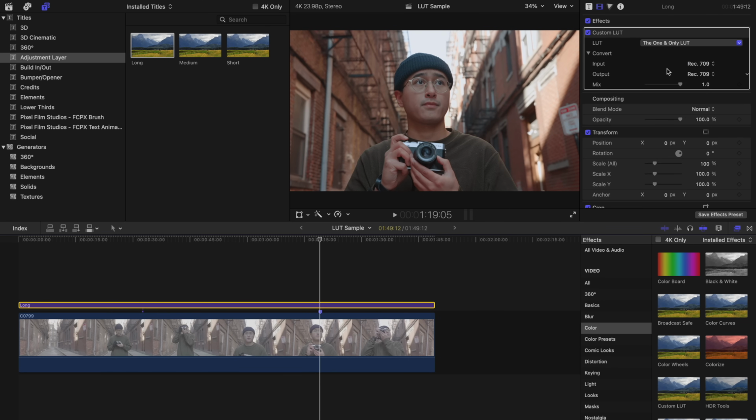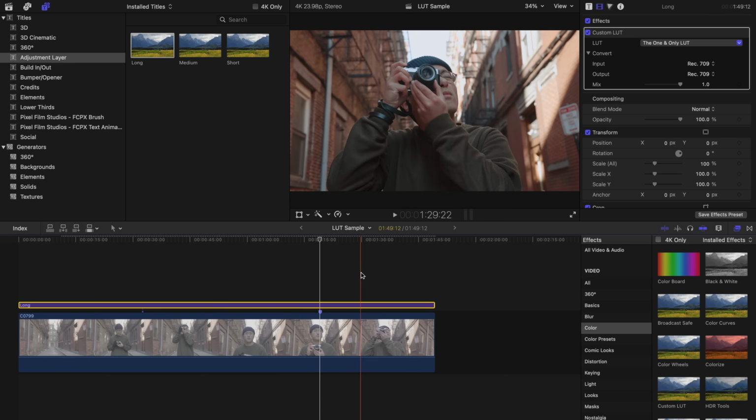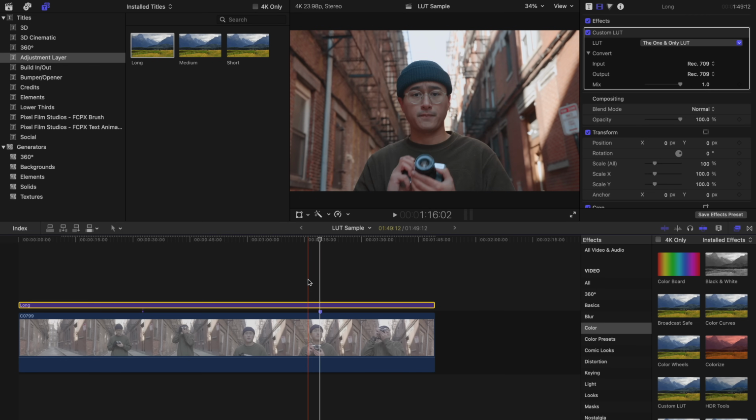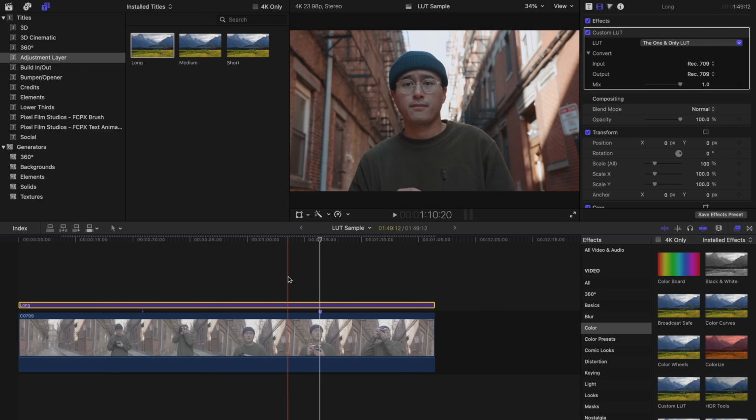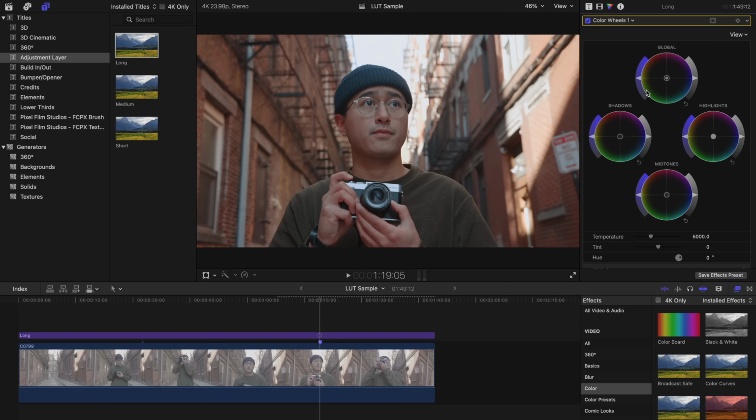And as you can see, just adding this LUT really creates an image I'm actually happy to use right off the bat. Now, I typically wouldn't just leave it as is. I'll spend a bit more time and tweak the tones. Sometimes the LUT adds too much contrast, so I can dial it back a bit. But I also like to